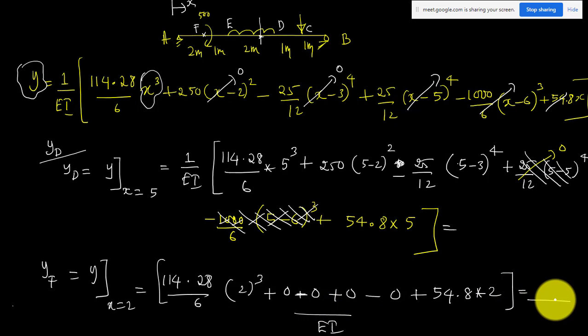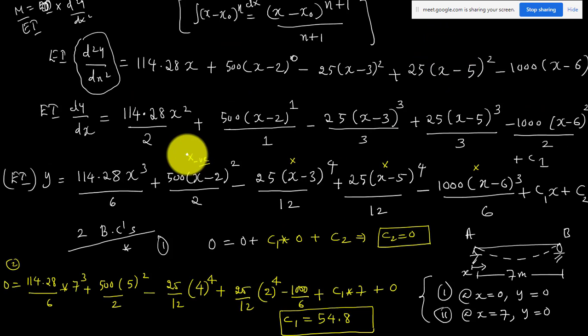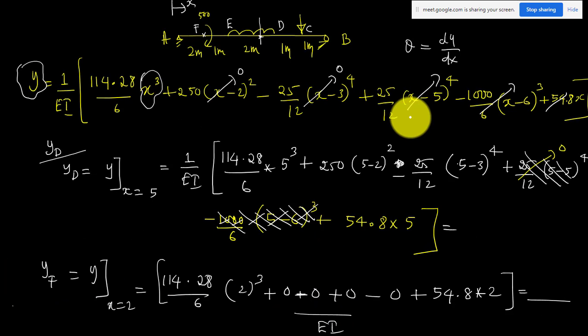You have to use this equation very carefully. Whenever you are getting a negative, you remove that term from the deflection calculation. The same thing applies for the slope also. Suppose you want to find the slope at any point, you use the equation dy by dx. We already have this equation. So EI into dy by dx is this quantity plus c1, which is 54.8. You use this equation, and again substitute the value of x for a particular section, and whenever a bracket term is becoming negative, you remove those terms. That is how we find the deflection and slope at any point. So that is the solution for this question.